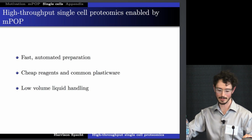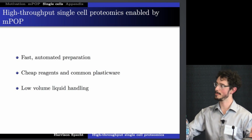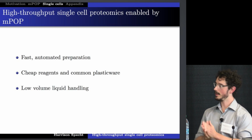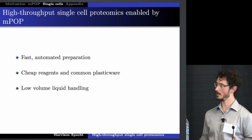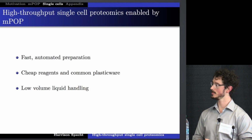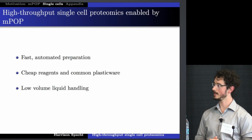But taking a step back, what we hope this enables is that people can go home and say, all right, maybe I'll try this. Maybe I can go sort a plate, try it out, and see what kind of data we get, because it really is very accessible. We're using common plasticware and common reagents. TMT, as you probably know, is the most expensive reagent, but of course we're labeling very little and using small volumes. And we've done it in an automated way that hopefully will start to